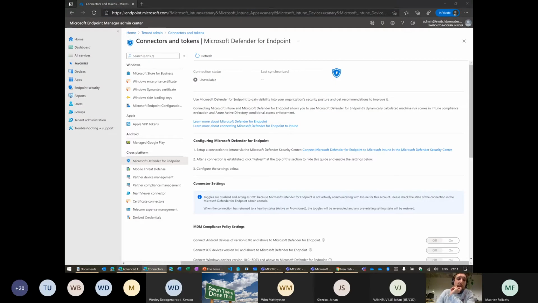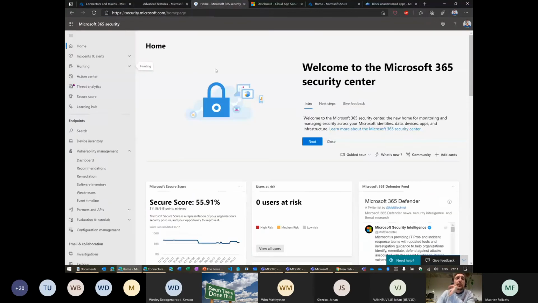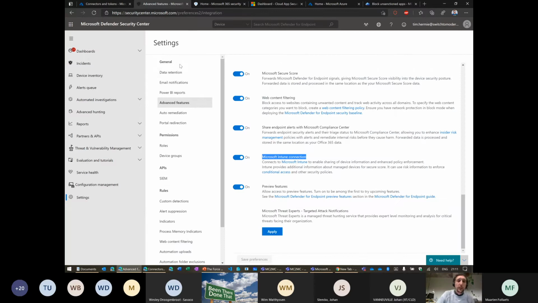Take care that there is also a new link now, security.microsoft.com, where a lot of the Defender features, like Defender for Office 365, Identity and Endpoint, are bundled in one portal. So this will be easier. I'm still getting used to this one. I'm using them both, but it's there. So know that it's there.